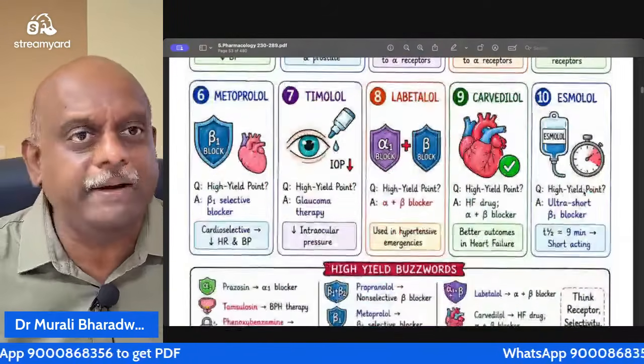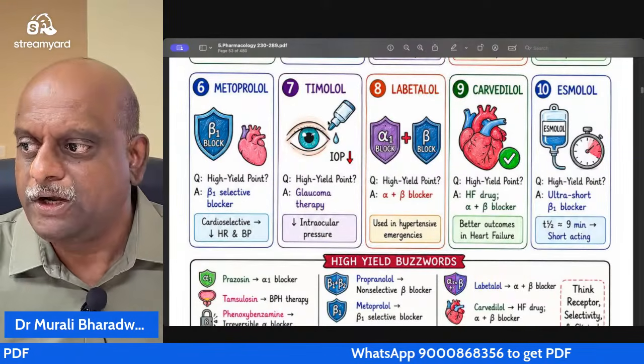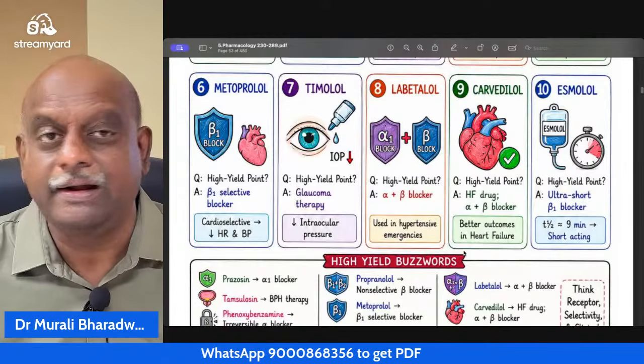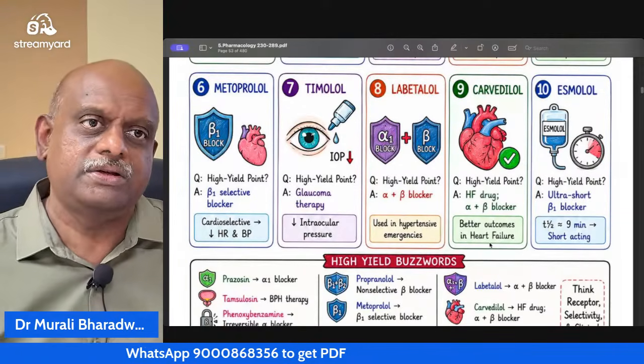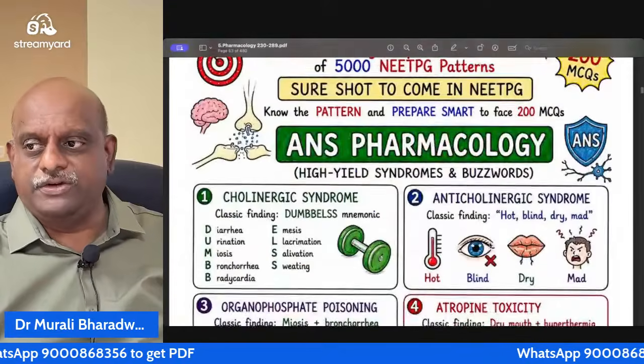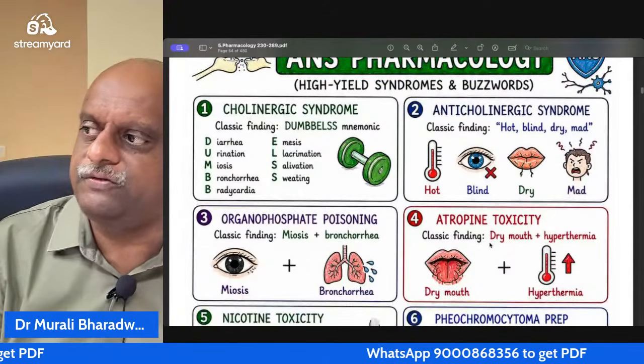Propranolol, both beta 1 and beta 2. Metoprolol is cardioselective beta 1. Timolol is in glaucoma therapy. Labetalol, both alpha and beta blocker. Carvedilol is in heart failure patients, as we have discussed. Favorite questions. Now, continuing our ANS pharmacology,